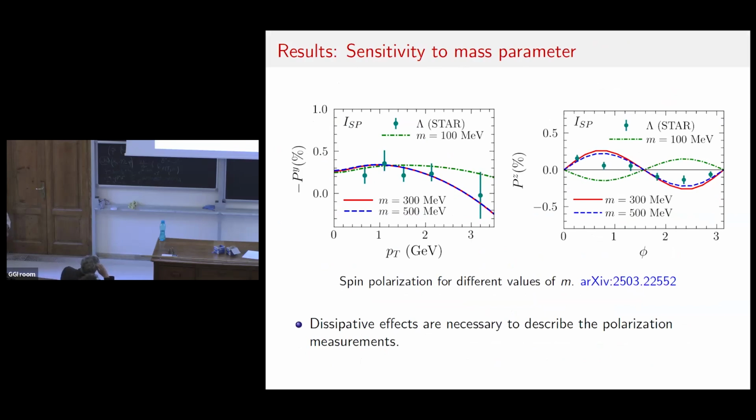So of course, all theories cannot be perfect. So there's a problem here. We have this mass parameter in question, and then we studied the sensitivity to mass parameter, and the results are shown here. Within the experimental error bars, I would say the Y component of polarization is not very sensitive to mass. However, the Z longitudinal polarization is very sensitive to mass. So if we take mass to be 100 MeV, we get a wrong sign of the polarization. Really positive. So 300 MeV, 500 MeV.